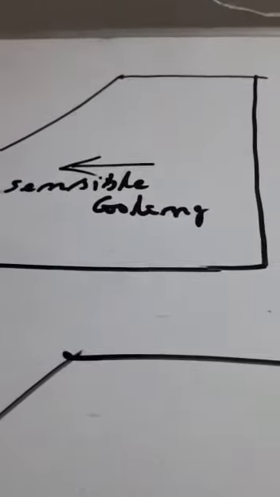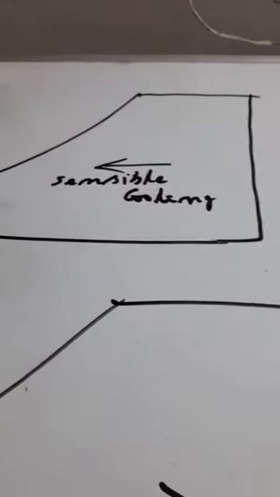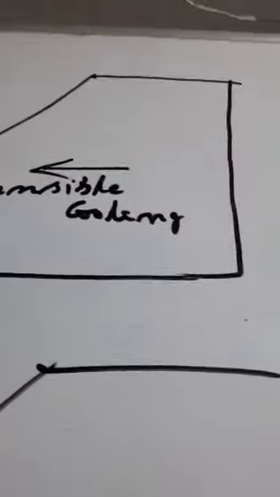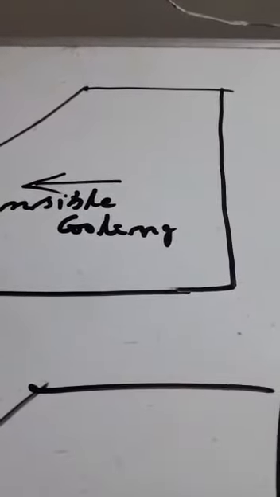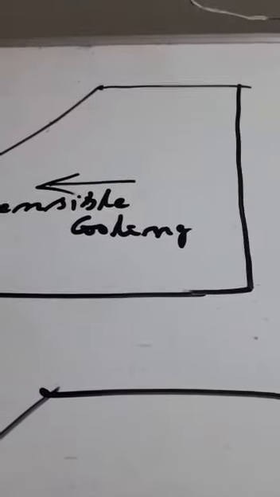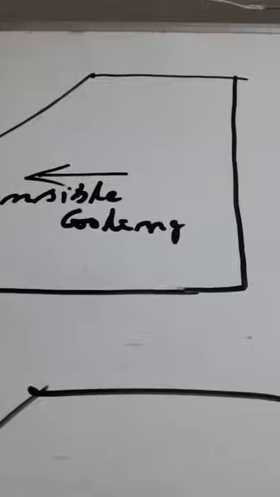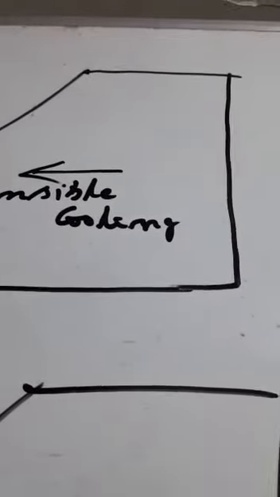Okay, friends, let us study the different processes on the psychrometric chart. The first one is sensible cooling. You can see in the diagram, the line is shown, the arrow is shown towards the left side. That is, the DBT is getting decreased. It is a simple sensible cooling only.